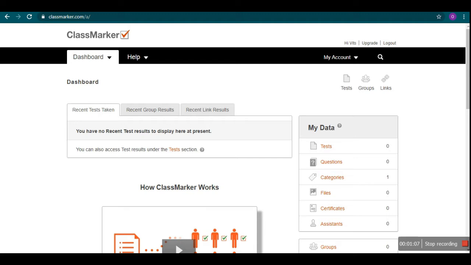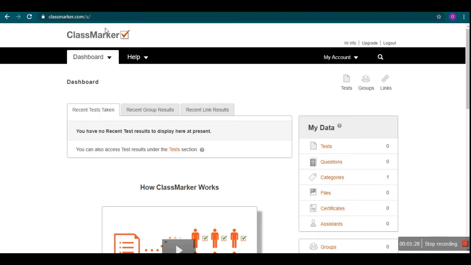Google Form is one of the options which we quite often use, but in that case all the features are not available. Many things are available in Google Form, but not everything. So this tool, which is known as Class Marker, can be quite handy in order to do it.